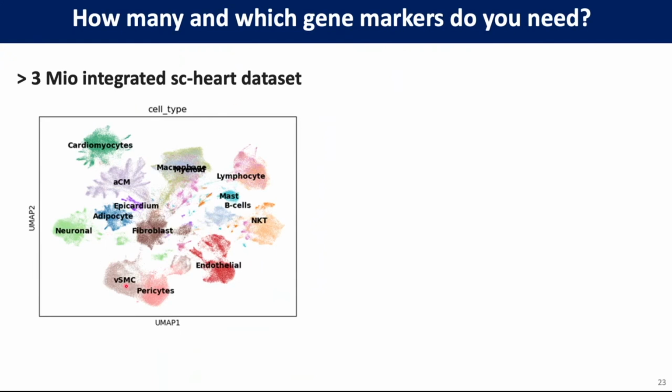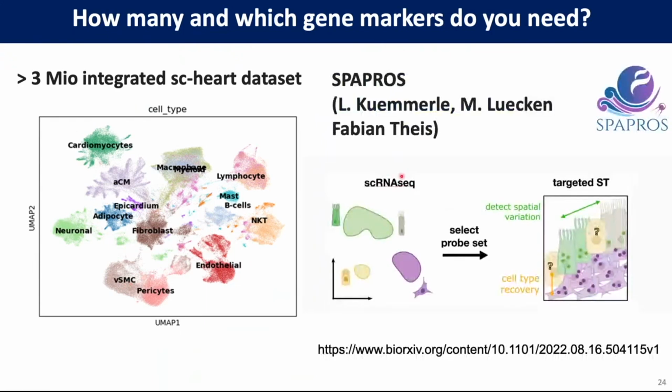So we integrated the publicly available data set and then used an end-to-end pipeline developed by Louis Kümmerle, Malte Lücken, and Fabian from Fabian Theis lab in Munich, called SPA-PROS. Here you can use the single-cell RNA-seq reference and select a probe set to allow you later to integrate the single cell RNA sequencing data with your spatial transcriptomics data, making sure that you included in the probe set those target genes that allow you to perfectly map and integrate the different